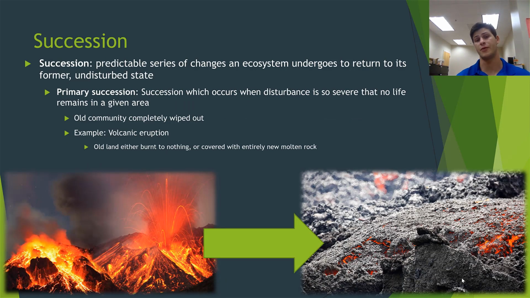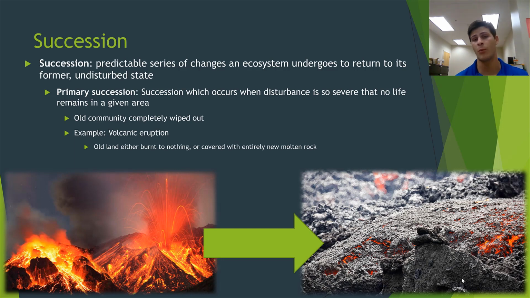And remember how we talked about those positive and negative feedback loops and how a lot of ecosystems actually have built-in negative feedback loops to bring them back to equilibrium after they have been knocked off balance. Well, disturbance events are the events that usually knock an ecosystem off balance, and succession is the negative feedback loop that brings an ecosystem back to its equilibrium state. Succession refers to a series of predictable changes an ecosystem undergoes to return back to its former undisturbed state, i.e. its equilibrium state. Now, there are two major types of succession: primary succession, which essentially starts from scratch, and secondary